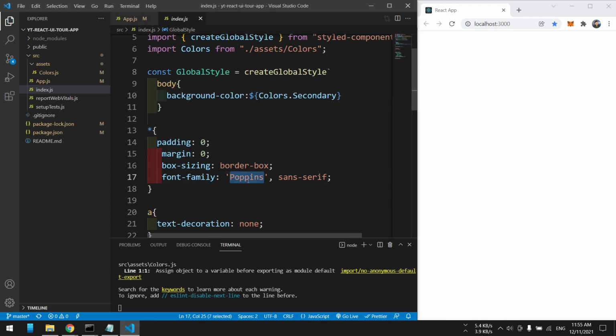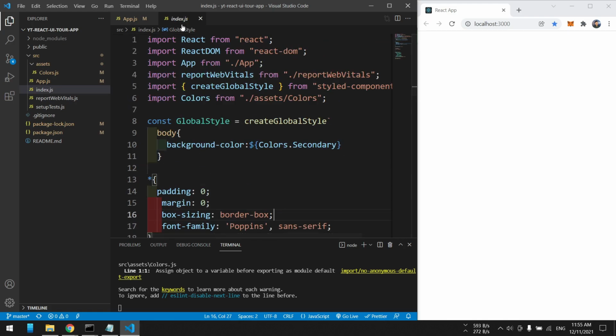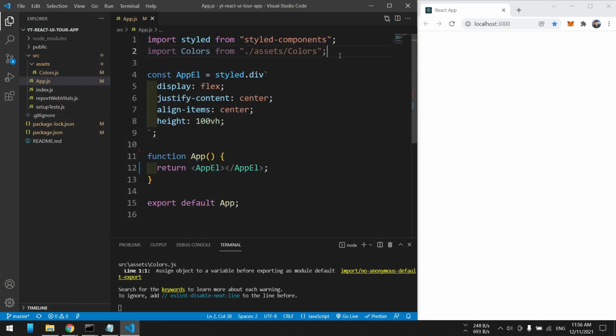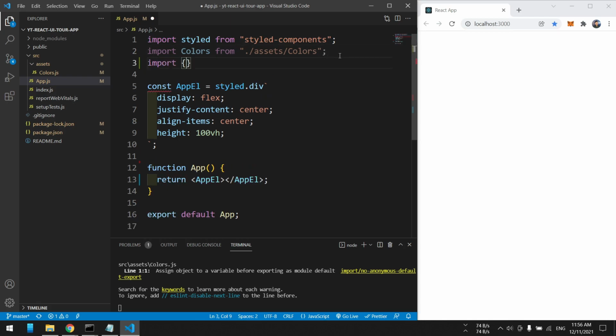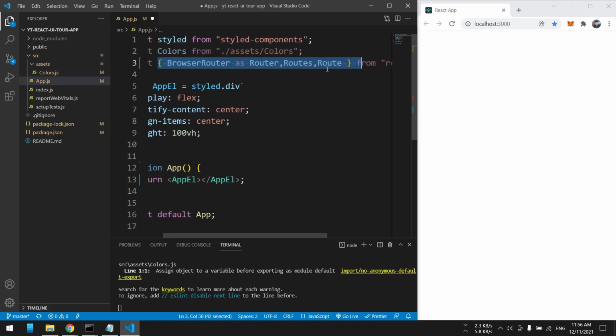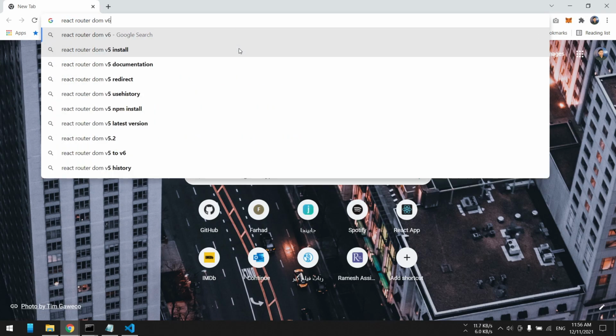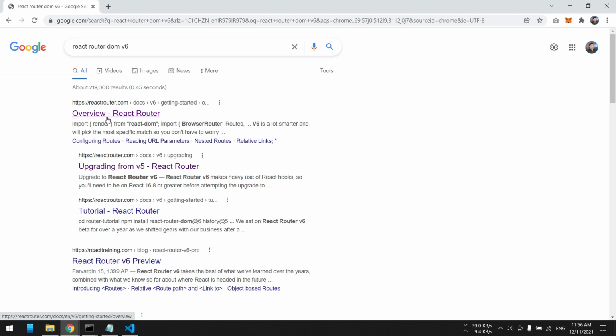I'm using the Poppins font, and okay, let's go back here and import something from React DOM. First of all, we need to import BrowserRouter from React DOM as Router, then the Routes and the Route. Keep in mind that we are using version 6 of React Router DOM, and the object names have changed. So if you want to keep yourself updated, you could come over here and type React Router DOM version 6, and you can find the documents over here